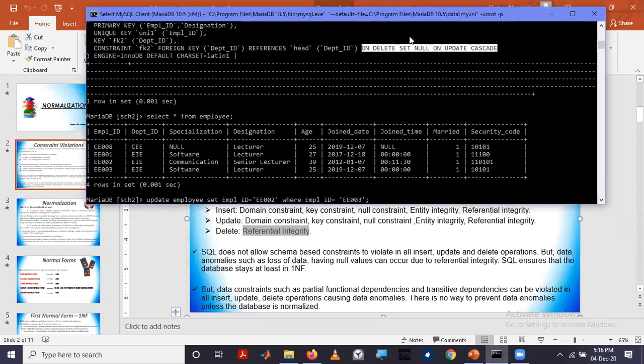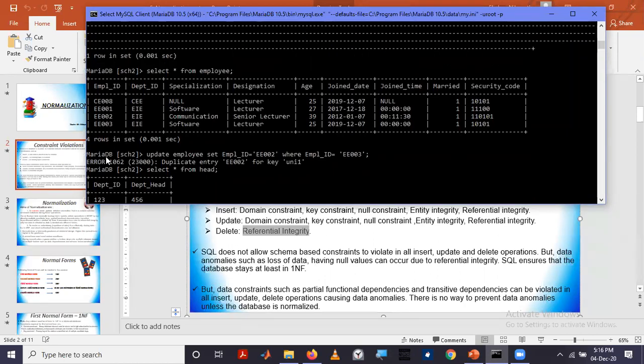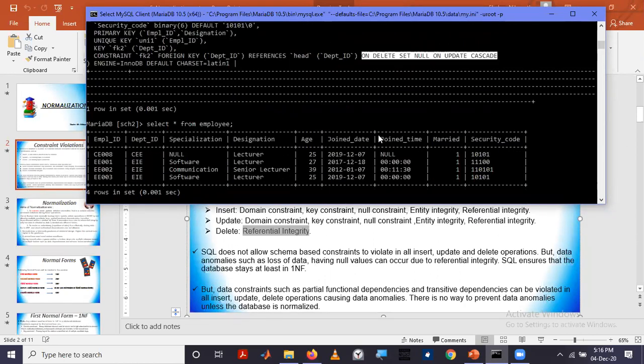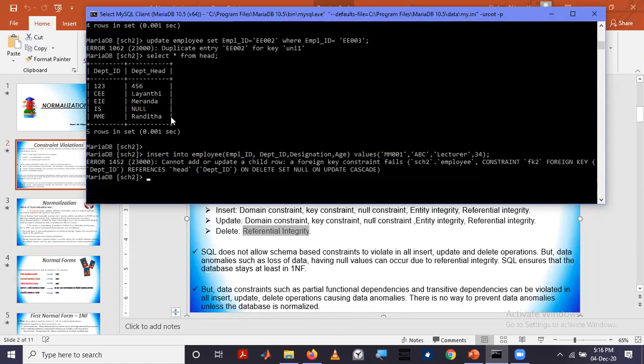So we will see whether this is true. We will try to delete. So now there is EIE here. So what if we delete EIE from this table? These values should be null. We will check that one. Okay, we will go to delete from head where department ID is equal to EIE.